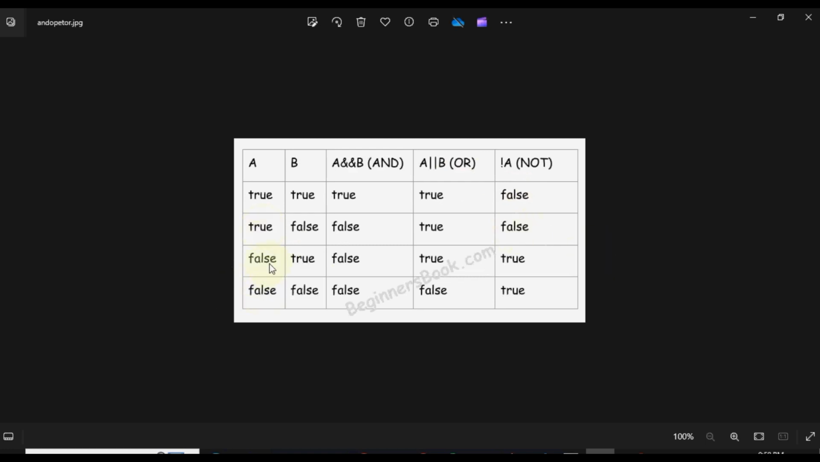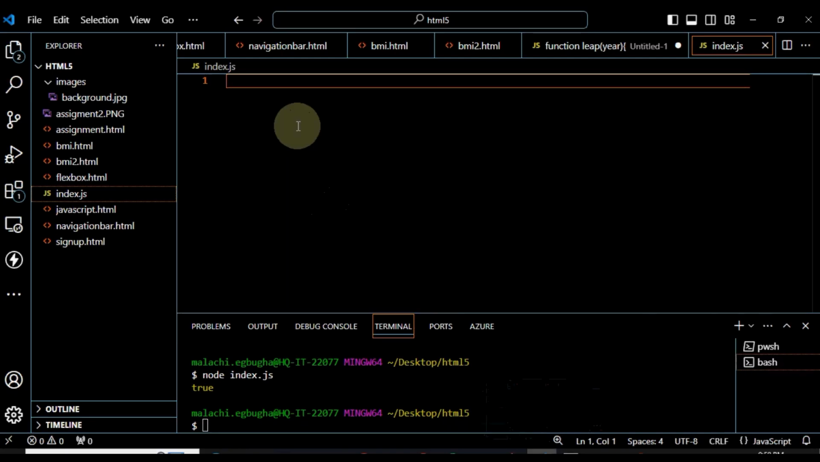A is false in the third rule, did not give us true. A is false in the fourth rule, did not give us what? True. So let us look at these particular examples from our code. Okay, so in summary,